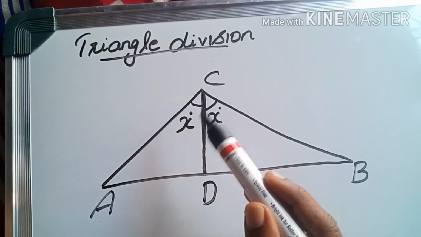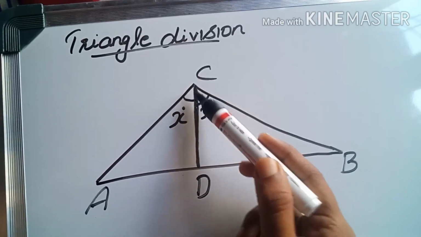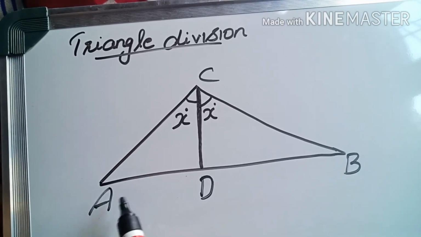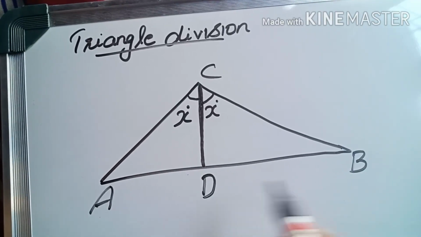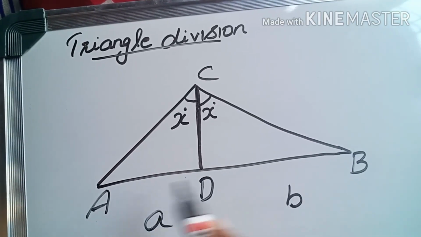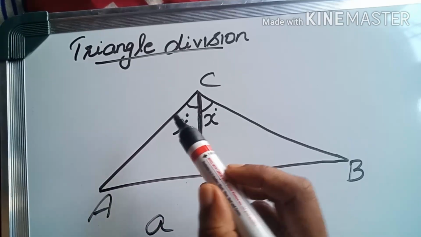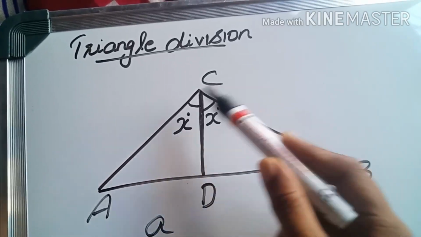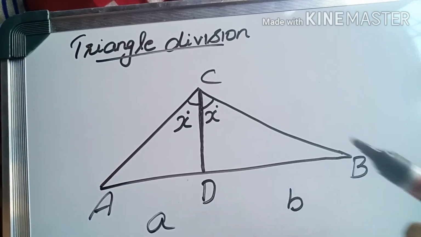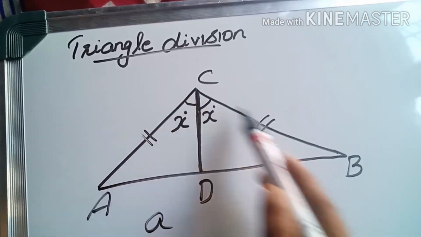Okay, so in any triangle the bisector of an angle, CD is the bisector of angle C. Bisector of an angle divides the opposite side. Here AD and DB are the parts of the opposite side. These two sides AD and DB divide the opposite side in the same ratio as that of the sides of the angle. Side of angle means angle is ACB. So ACB's angle sides are this AC and CB. These two are the sides of this angle.